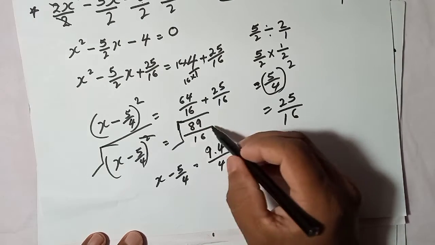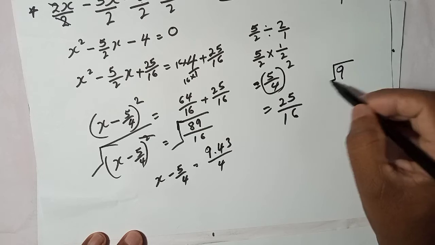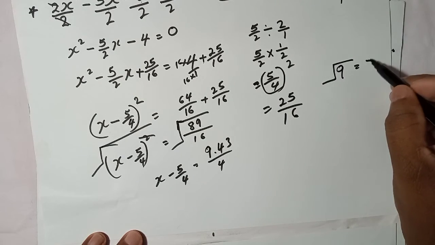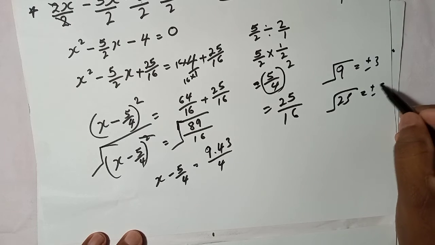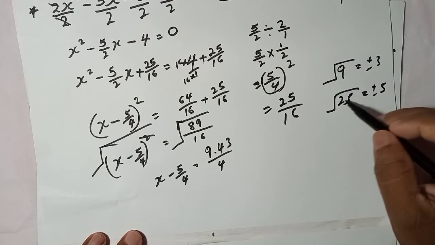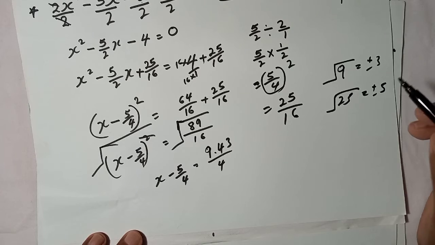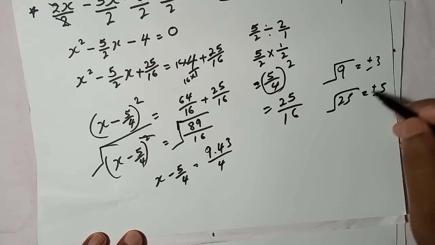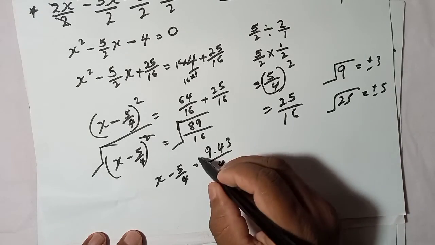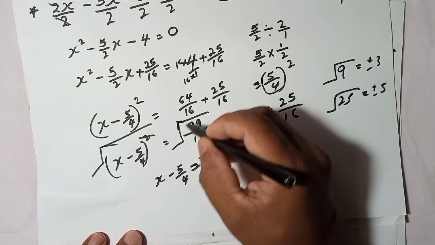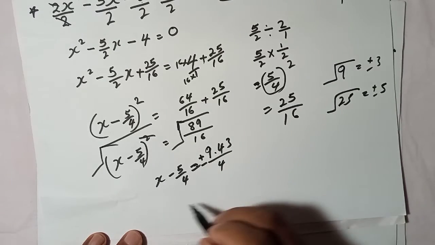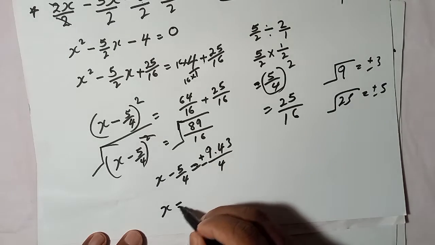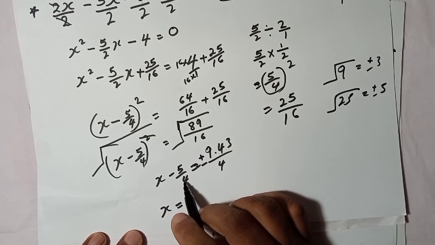And not only that, remember, for any number, for example the square root of 9, it is not only 3, it is plus or minus 3, right? The square root of 25 also means plus or minus 5. Normally when we have the square root of 25 we get only the plus number, but remember that the correct answer is plus or minus 5. So here also, the square root of 89 over 16 is plus or minus this answer. Now very simple, x, I will bring this minus 5 over 4 to this side,